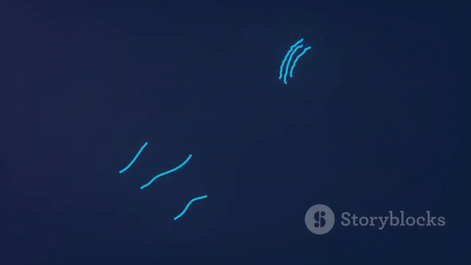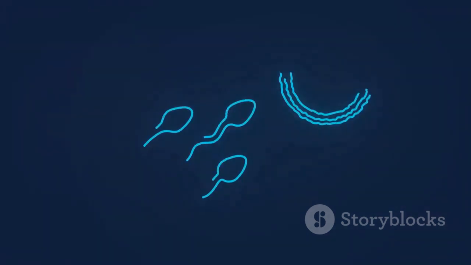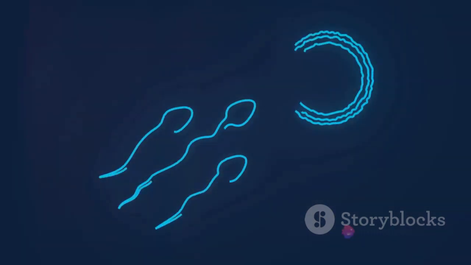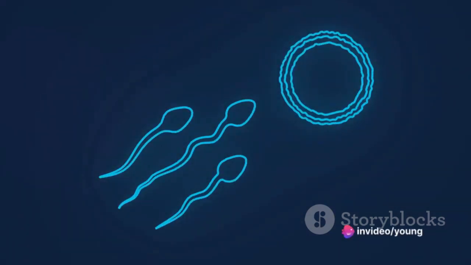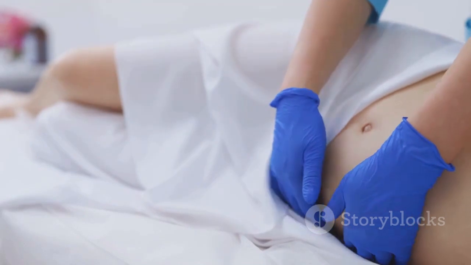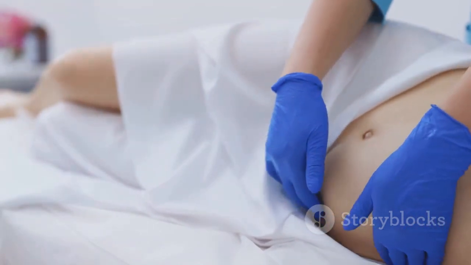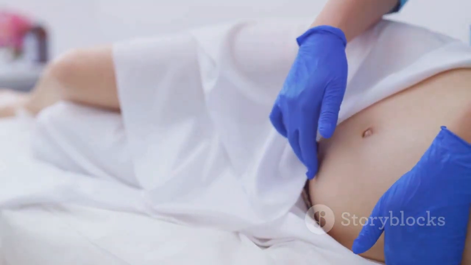Next, let's discuss the cause. Ectopic pregnancies, on the other hand, occur when the fertilized egg is unable to reach or implant properly within the uterus, and instead implants and begins to grow elsewhere in the reproductive system. This can result from damage or blockage in the fallopian tubes, hormonal imbalances, or abnormalities in the shape or structure